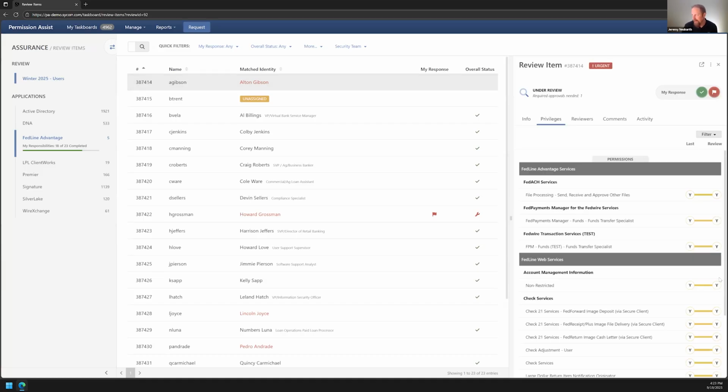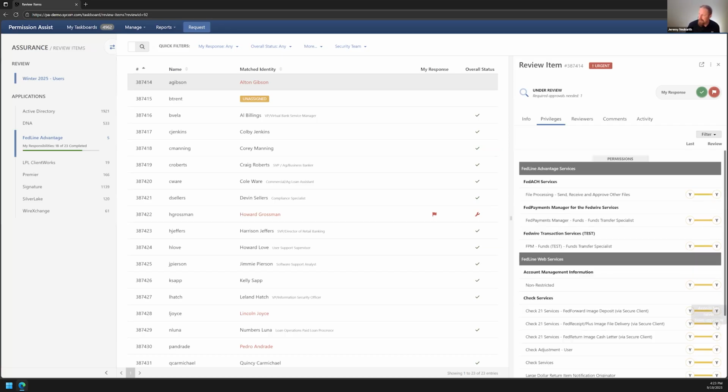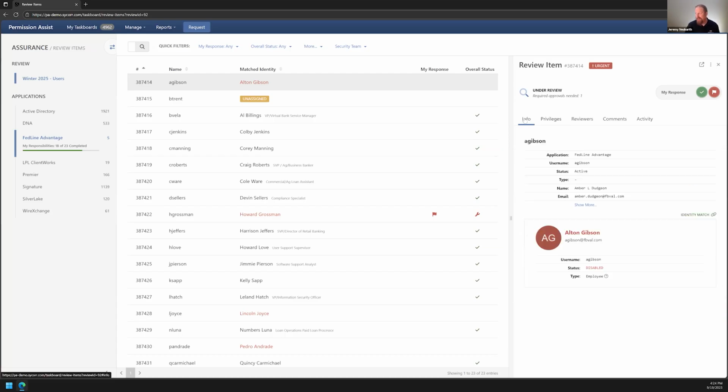and see something that happened. Now, when we look at Alton, we're going to see here's what happened this time, here's what happened last time. Interestingly enough, no changes have happened. So why didn't it pre-approve? Well, if I go over here to this info tab, what you're going to notice is that I now have him active on Fedline, but before I fired up this demo, I went into my Active Directory and I disabled